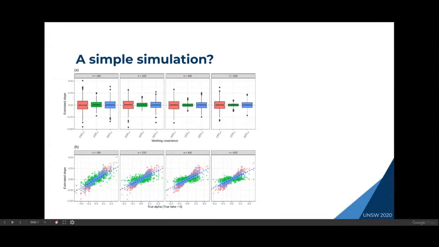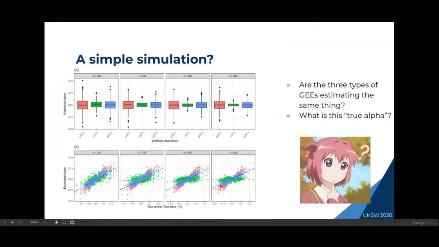And so this raises, at least to me, the initial question of: are the 3 types of GEEs actually estimating the same thing? In particular, are the 3 choices of working correlation always targeting the same set of estimates? And also, what is this quantity known as true alpha? So to attempt to understand and interpret what's actually going on with these